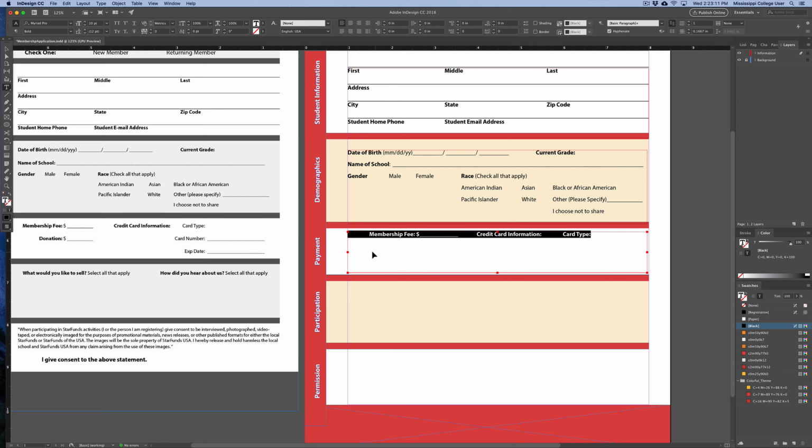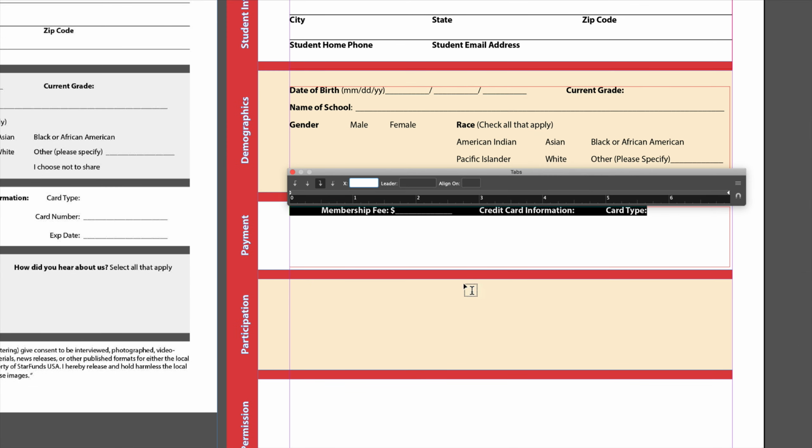When we select this and open up our tabs menu, the kind of tab that we want to set is this far one off to the side that says align to decimal. Now by default, it usually aligns to the decimal place like if it was with numbers. But in our case, we're going to change align on to be the colon symbol. So make sure that is selected along with your align to decimal. Now when you place this on here, you'll notice that your words are going to align up directly to that